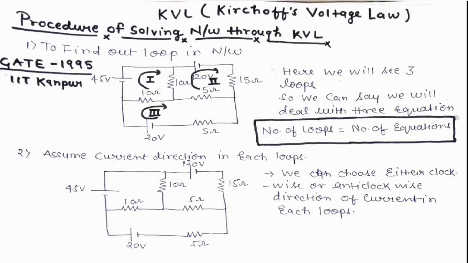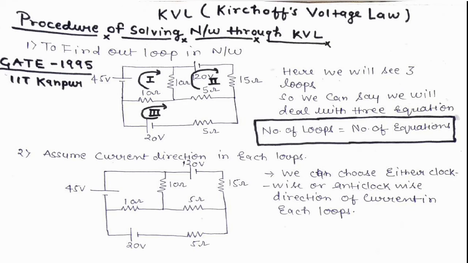But whether you choose this direction or the other direction, it doesn't matter for the end result, whatever the current. But always choose one, because in the next slide you will see how easy it is to write down the equation. When the voltage source is available, you choose positive to negative, always positive to negative.